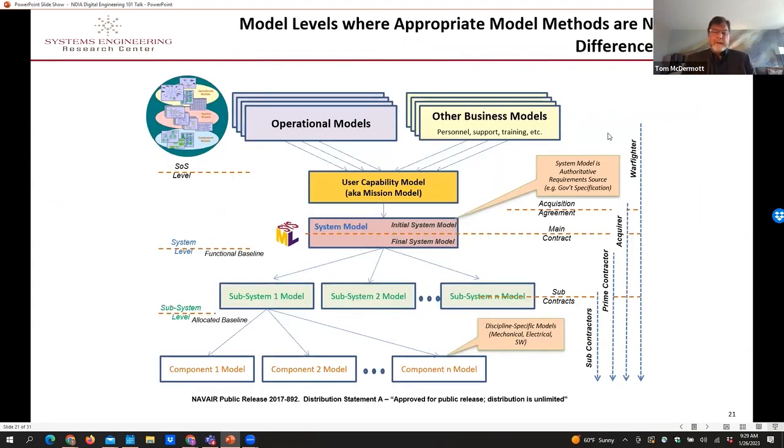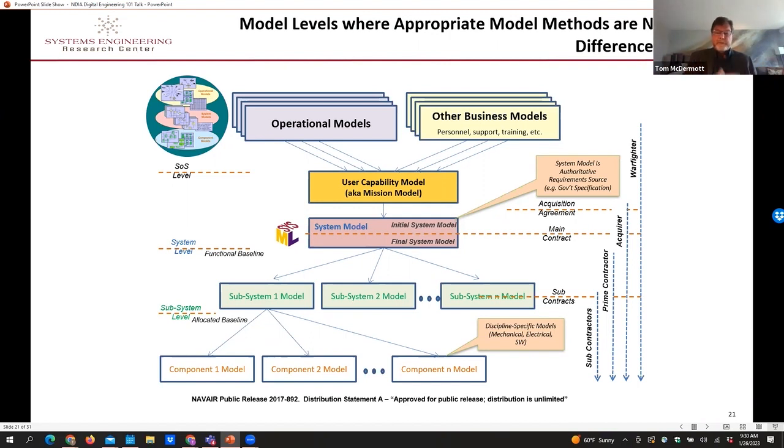So we can then take that into model methods at the enterprise level, and we can drill down. So you might envision in that UAV that the government has an operational set of models, mission level simulations that they run to understand the performance they want. They have a set of user capability models that describe those use cases to manage a thing. And the government might build their system model that tells a contractor, hey, this is the top level architecture of what we want you to design. And that would be your RFP.